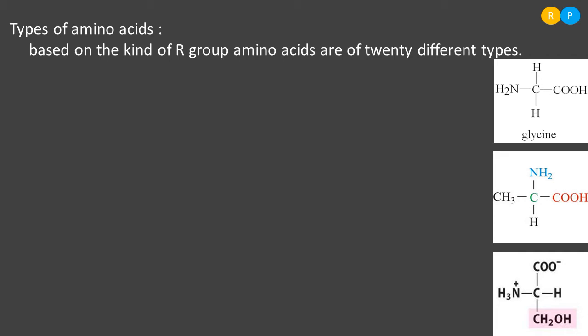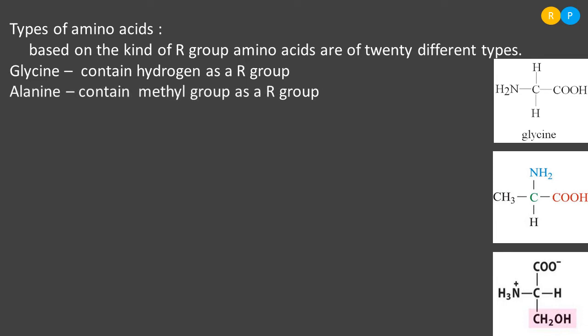You can see the first kind of amino acid we are observing is named glycine. Glycine contains hydrogen as its R group. So what is the kind of R group we have in glycine? The R group is hydrogen here. Clear? There is a centrally located carbon, and at one end we have the amino group, at the other end the carboxyl group, and hydrogen is present. And in the variable R group position we also have hydrogen. So when hydrogen is present in place of the R group, that amino acid is named glycine.